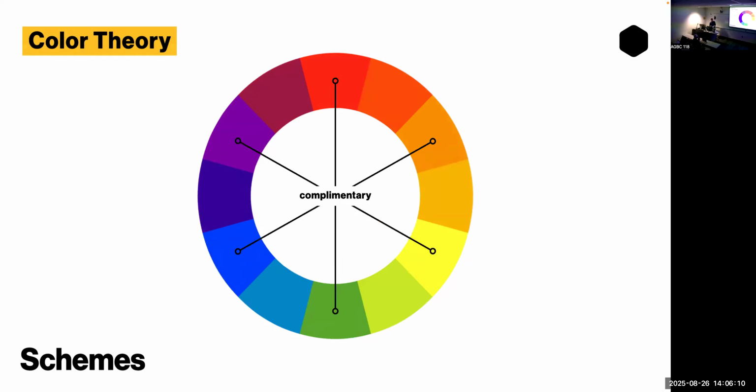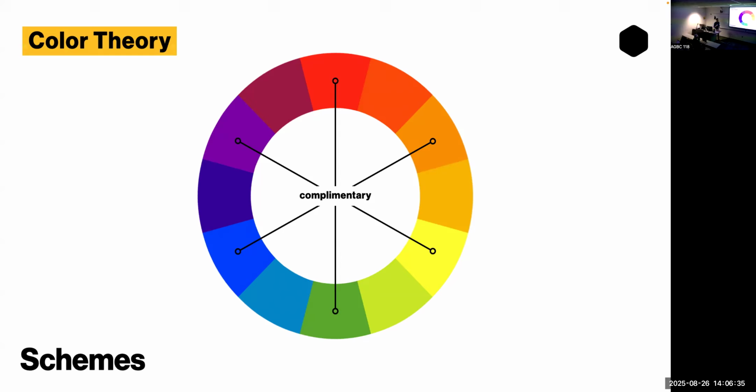And then your tertiary colors, or complementary colors, would be anything that is across the color wheel. Okay? So if you're working with red, the complementary color to red is green. Right? If you have blue, your complement is orange. If you have purple, your complement is yellow. Okay? And you can spin that any way you like on the color wheel, and it will, without a doubt,